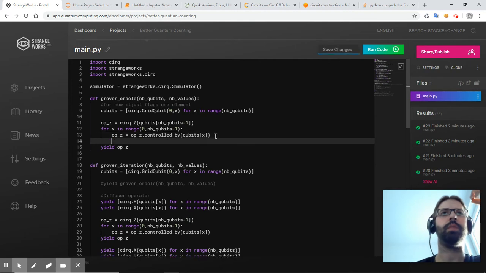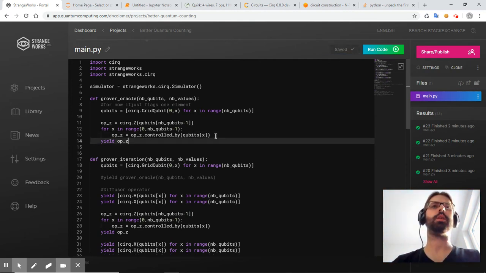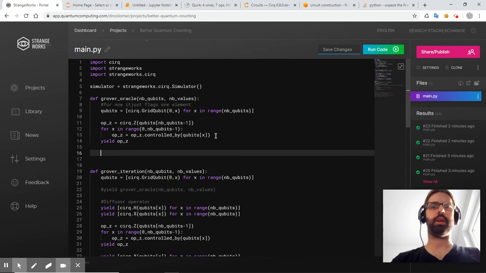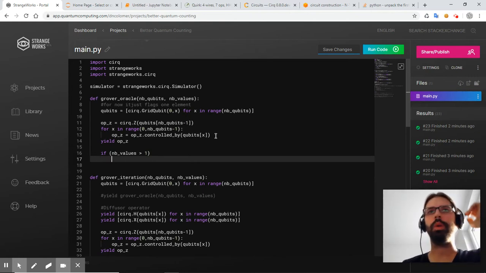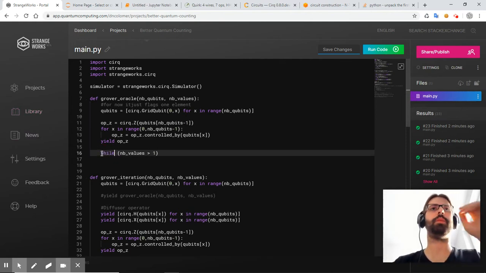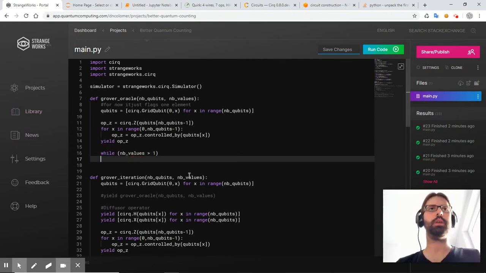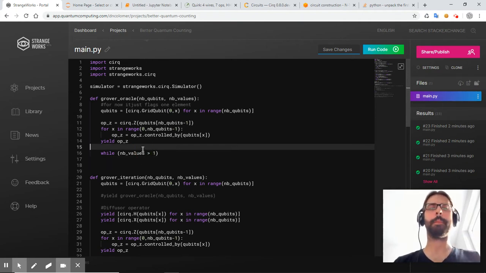So I would just kind of say, if NP values is bigger than 1, or rather, while NP values is bigger than 1, what we can do is start from qubit 0. We can just randomly pick qubit 0 and then